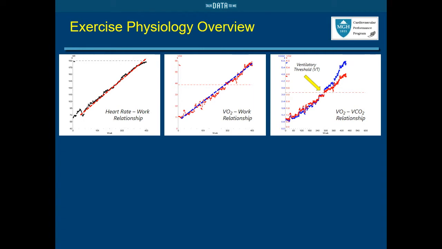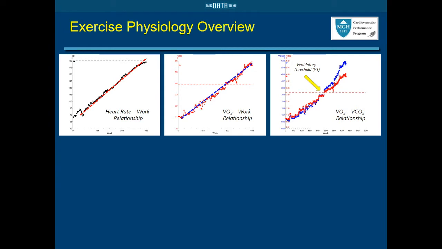Pretty simple. The same actually holds true for oxygen consumption. And you can see that in a healthy person, VO2, the amount of oxygen that you're taking in any given moment, is directly and linearly related to work. So heart rate, VO2, work, all linear relationships. It gets a tad bit more complicated when we introduce carbon dioxide into the equation. And what you can see here in the third graph, red dots representing oxygen, blue dots representing carbon dioxide. They are superimposable up into a certain point, somewhere in the moderate range of exercise, after which carbon dioxide becomes steeper. That's indicating a higher efflux of carbon dioxide relative to oxygen uptake.